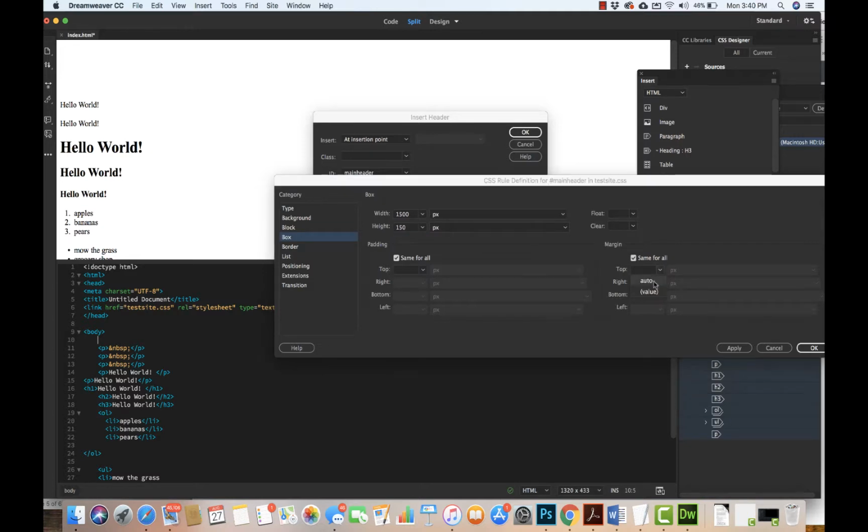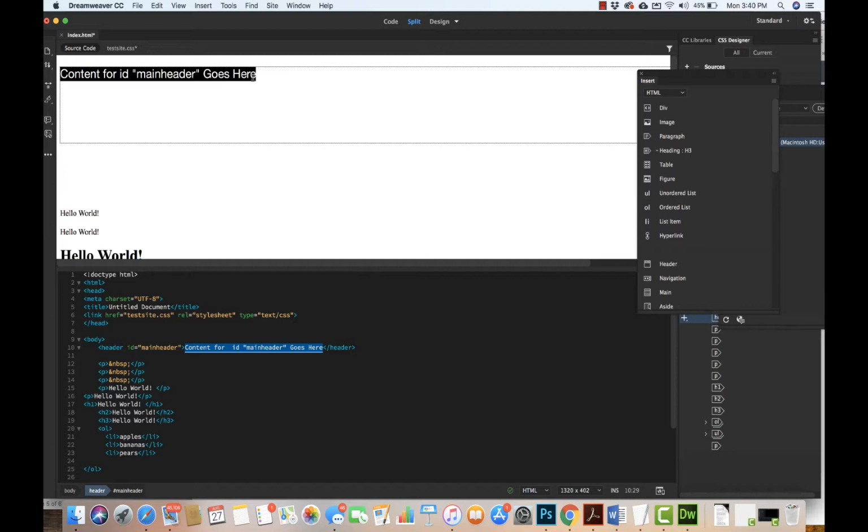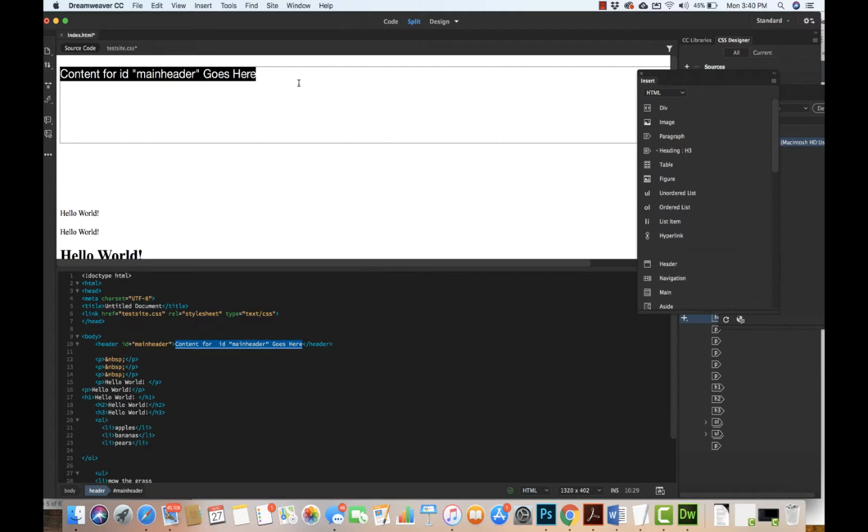If I want to set it from the top, I could set it at 15 pixels from the top. And from the right and the left, I can undo "same for all." For the right, I'm going to put auto. And the left, I'll put auto. And I'll delete the bottom out and I am going to hit OK. I'll hit OK. And now we have our main header. And I could give this a name if I'd like to. I'm going to put header